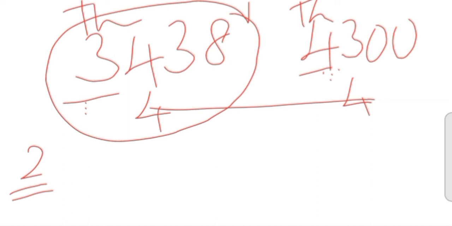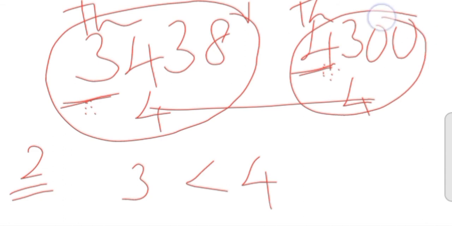So we should compare the first number from the left side, or otherwise we can say you have to take the biggest place value in both numbers. So here this is the thousands place, thousands place. You can compare both thousands places. Here this is 3, this is 4. Which is the biggest number? 4 is the biggest number, isn't it? So we can conclude that 4300 is the biggest number. So you can use the less than symbol.